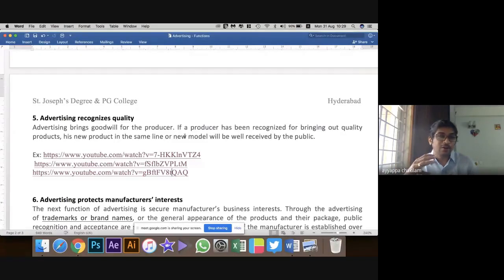A new car has come up. And you can see the number of times a Hyundai logo has been displayed all through the ad, because they want to tell the customers that the Venue is from the Hyundai brand, which is really well known for the past 2.5 decades in India.